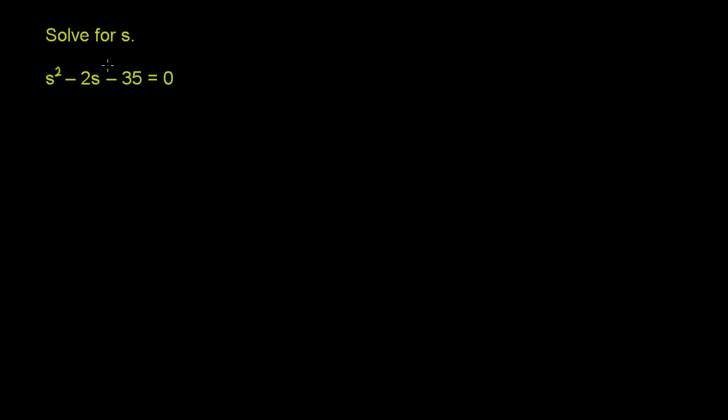We're asked to solve for s. And we have s squared minus 2s minus 35 is equal to 0. Now, if this is the first time that you've seen this type of quadratic equation, you might be tempted to try to solve for s using traditional algebraic means. But the best way to solve this, especially when it's explicitly equal to 0, is to factor the left-hand side